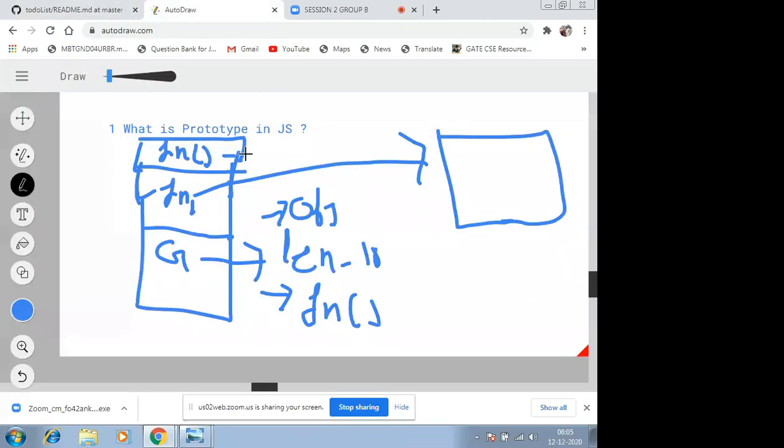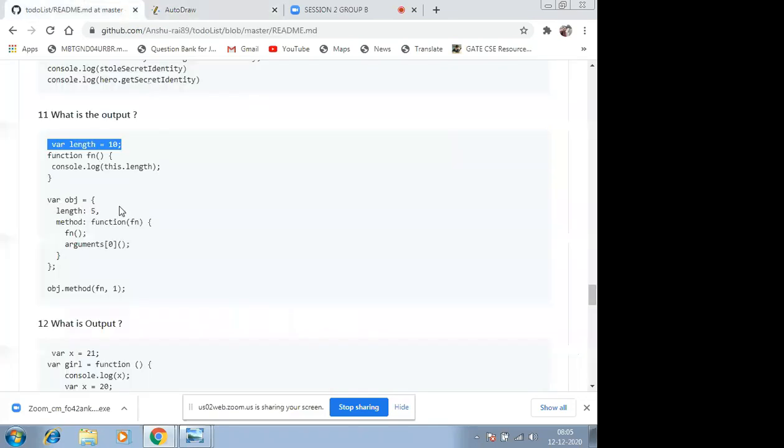So this function will basically print 10, and then it will be popped out from my stack. So now again my execution, I mean the flow is back to fn1, and when the flow goes to the arguments line, this is nothing but a function again, as we already saw that this is also a function fn, and now this is basically printing this.length. So this.length will now be pointing to the length of the arguments, right?